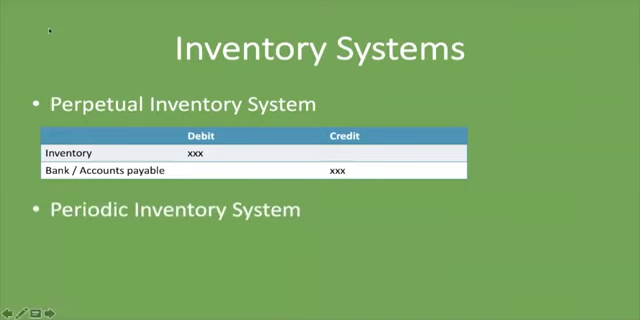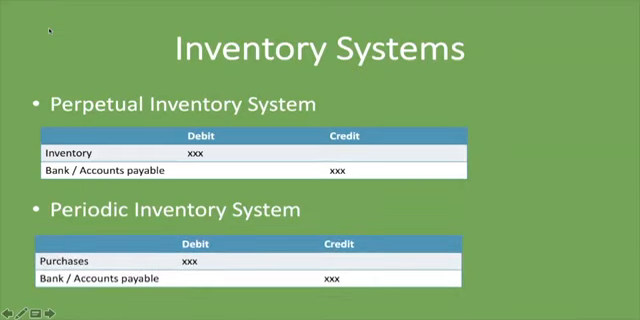Another system is the periodic inventory system, and as the first word says, periodic, inventory is updated at the end of specific periods. So whenever you purchase inventory, in the same example as before, what will you record? You will not record inventory, but you will rather record purchases, and you will debit that, and then you will credit bank or accounts payable depending on how the inventory was purchased. And only at the end of the year or at the end of the period will you update the inventory based on what you have in your storehouse. Those are the two popular inventory systems that are used, and like I said, the most common one is